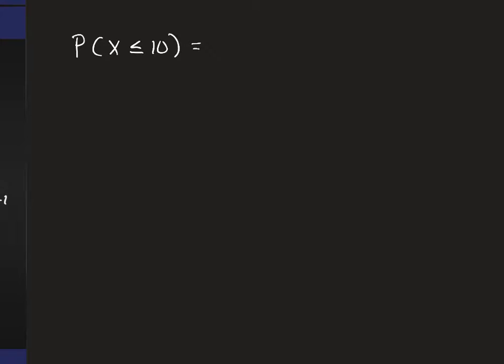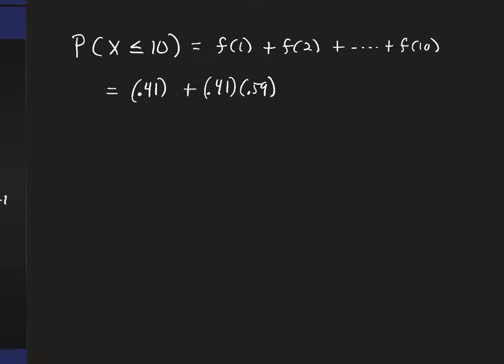So this would involve looking at f of 1 plus f of 2 plus out to f of 10. And writing out our PMF, this would be 0.41 plus 0.41 times 0.59 plus etc., 0.41 times 0.59 to the 9th. Okay? And then factoring out our 0.41,